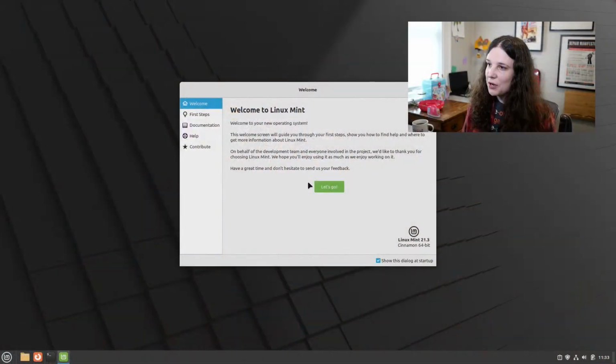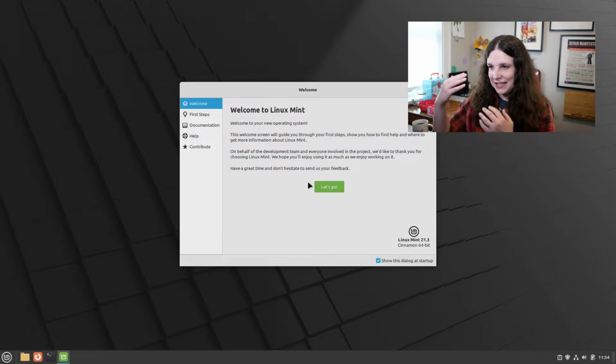So yeah, I think it's fun. So let me give you some backstory with this particular computer. This is a fresh install of Linux Mint. I installed it last night on the computer that, if you watched my Mint versus Mint Debian edition video, is the same computer from that one. So if you want the specs, you can go watch that. I don't remember off the top of my head what Dell it is, but it's some rando Dell laptop. And I am just getting it configured again because I want a benchmark Mint to compare another computer's Mint experience with,